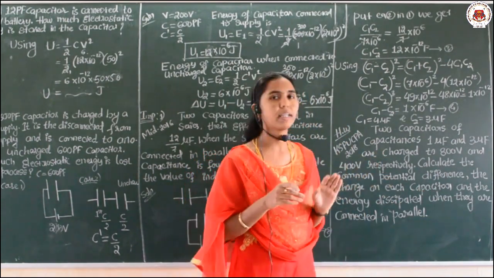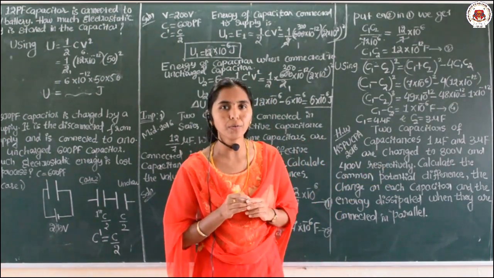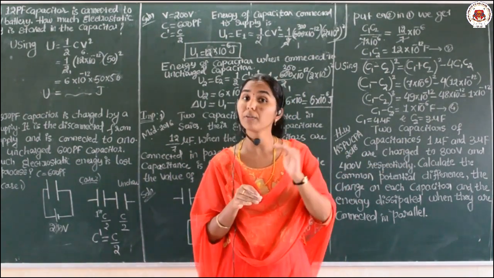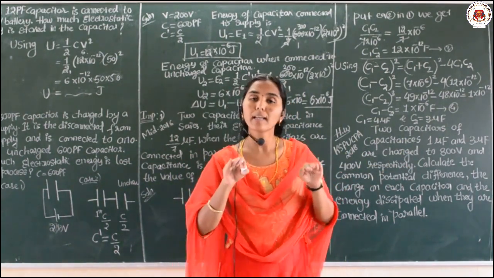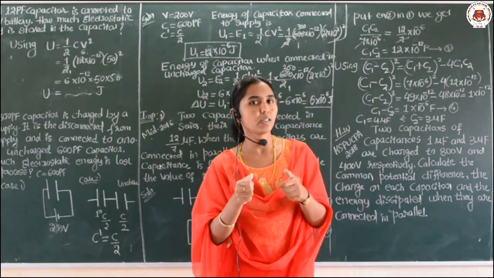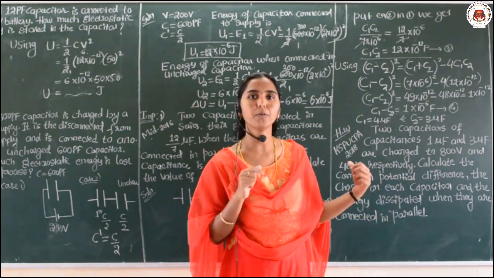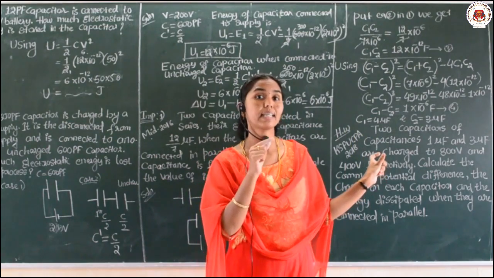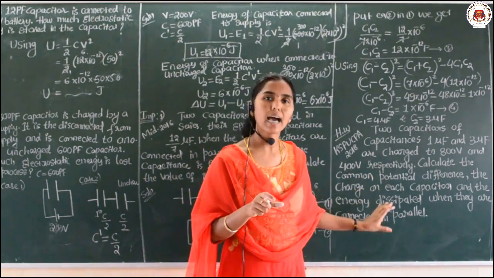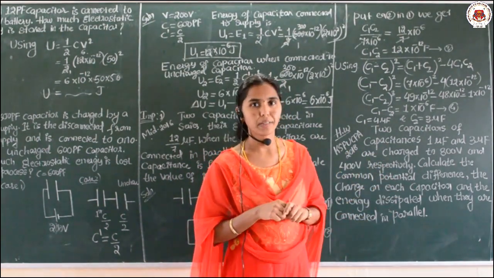What you need to do here, think over that, solve this. Simple hint I can give you. There are two capacitors, their values C1, C2 given, V1, V2 also given. First you calculate the separate charge on each capacitor, then when they are connected in parallel, their common charge you can take as Q1 plus Q2, and parallel means C equal to C1 plus C2. Simplify that, find out the charge, common potential V, then the energy dissipated.